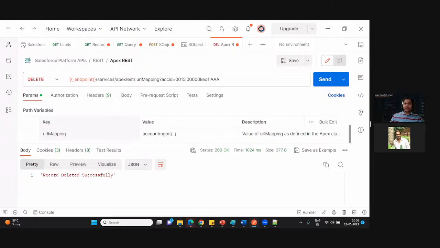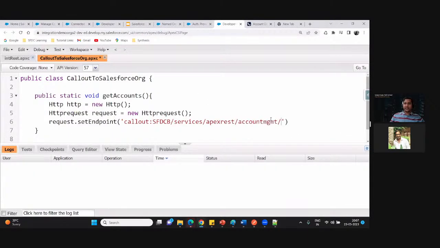So what was the URL mapping? That we have, accountmanagement. That's what we configured yesterday. So I'm copying the same URL mapping and putting it here. So basically this is the endpoint with which we have to make the call. We have already tested our classes with the help of Postman yesterday. Now I am invoking this same REST service from my another Salesforce org.